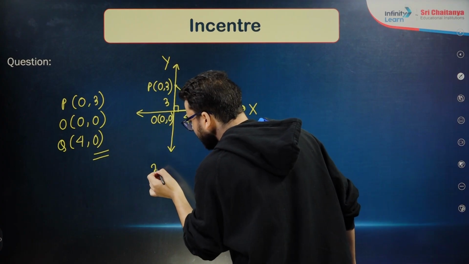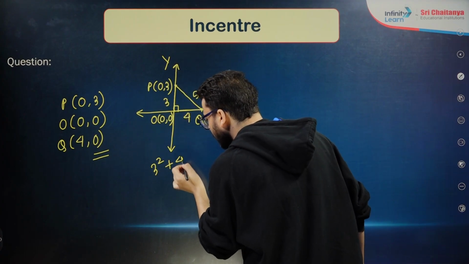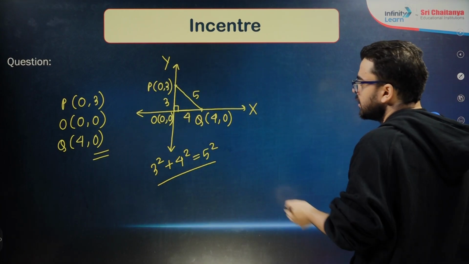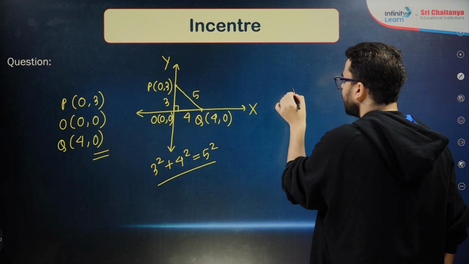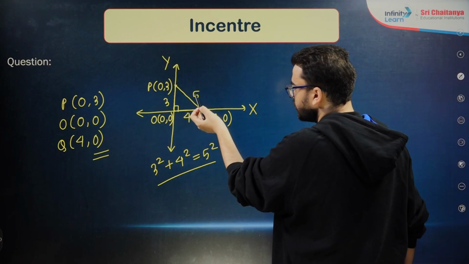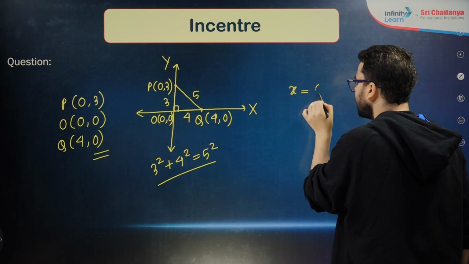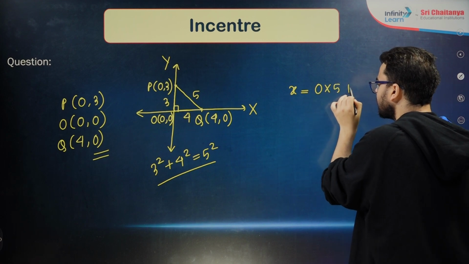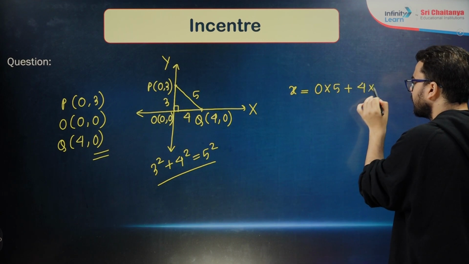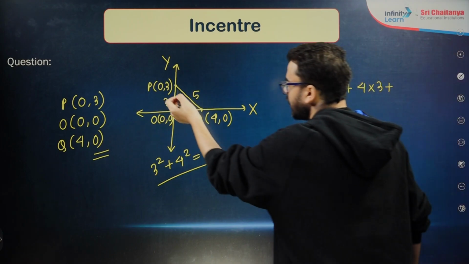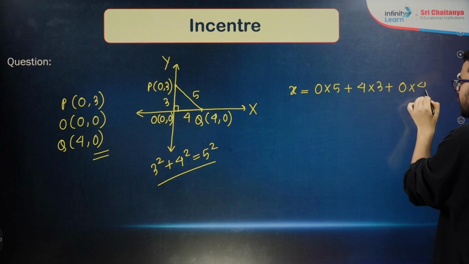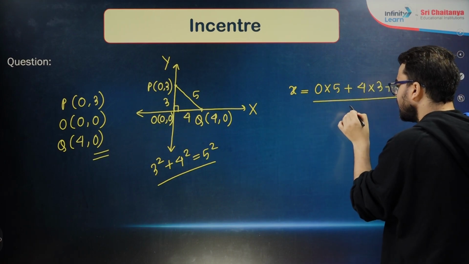You have studied this since childhood, the most famous Pythagorean triplet, 3, 4, 5. Correct? So the coordinates of the incenter will be what? Suppose I am finding the x coordinate. See, x coordinate into length of the opposite side. So that will be 0 into 5, plus x coordinate into length of the opposite side, plus x coordinate into length of the opposite side, 0 into 4, divided by the sum of the lengths of sides